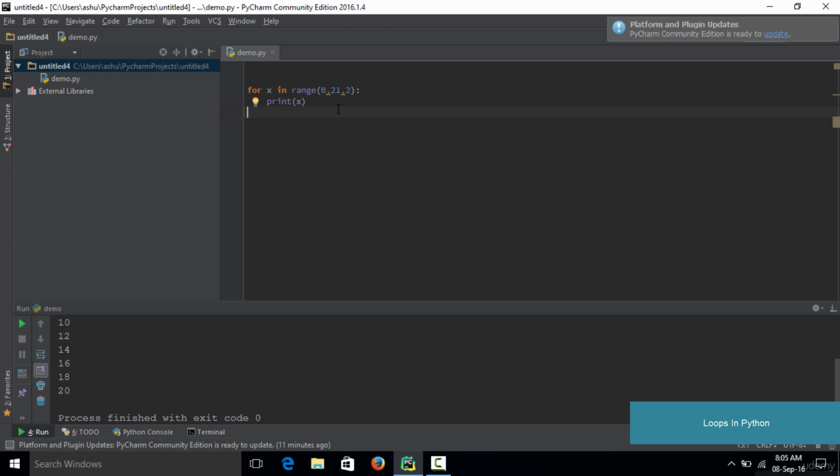So that's it for this lecture, and I hope you guys understood the significance of the for loop, how a for loop can be used to repeat a set of code a number of times, and how to use a for loop to traverse through a